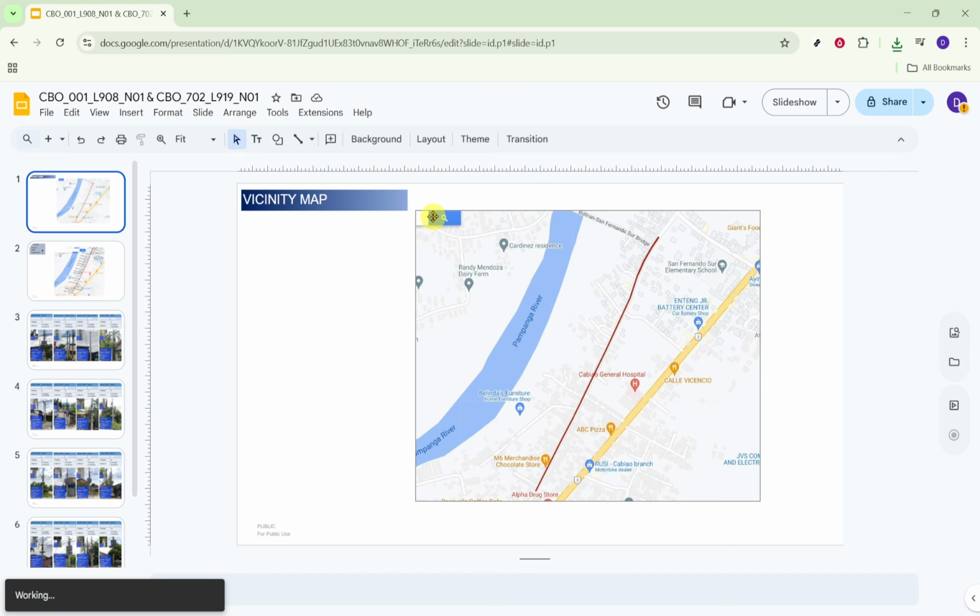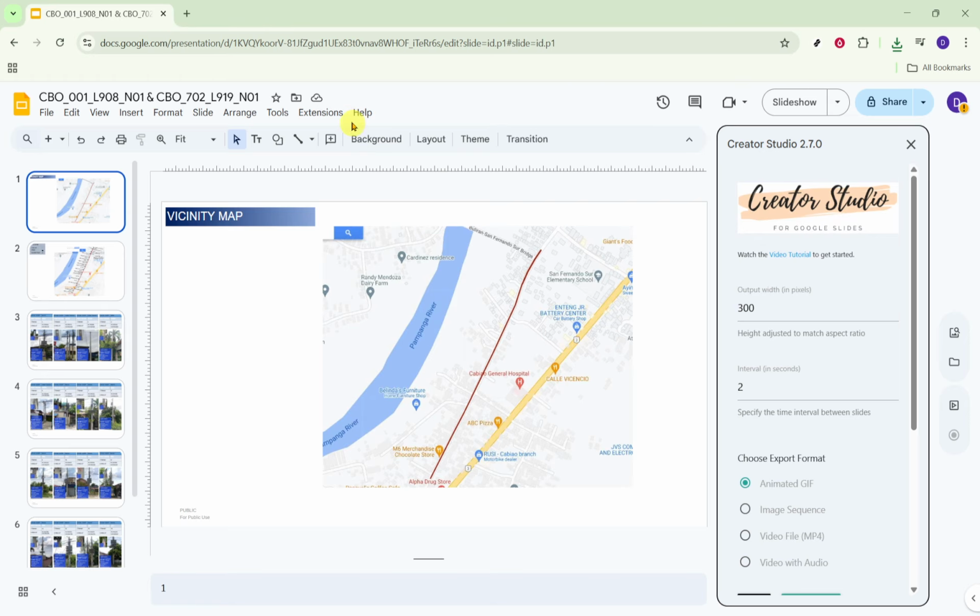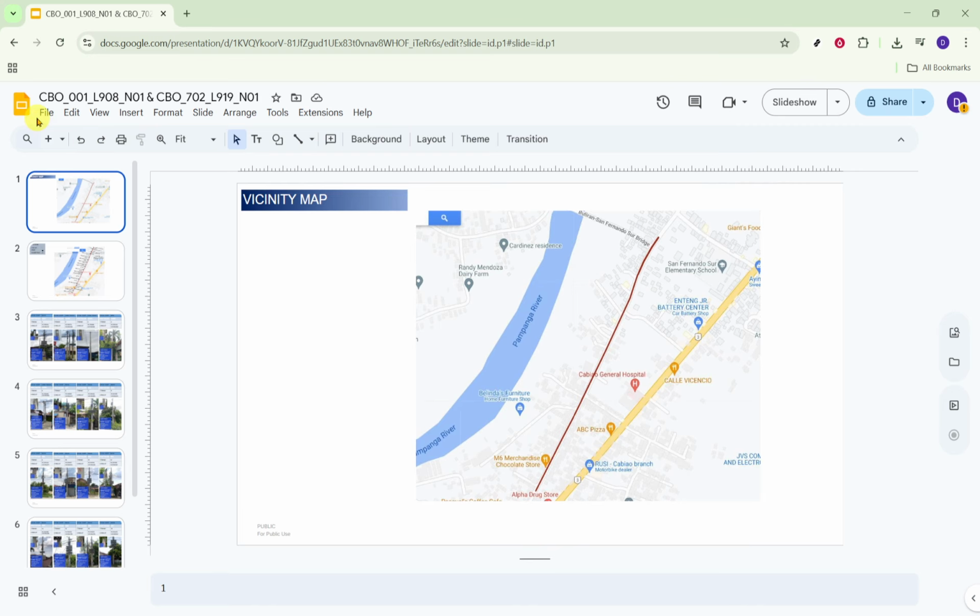You should see the converter you plan to use listed there. If you have multiple tools, choose the one you prefer for video export. Now, click Open to launch it. This typically opens a panel on the right side of your screen or a dialog box. Give it a second to load, especially if your deck is large, because the tool may scan your slides to